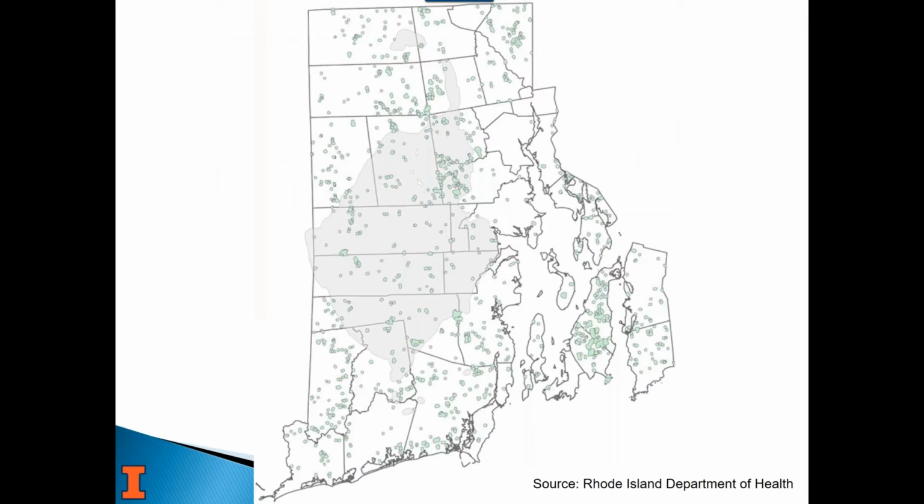And as a better example, this is Rhode Island. They've got this map that the Department of Health does, and the little dots are where there used to be orchards in the state. And they know there's arsenic contamination because until probably the 60s, a lot of pesticides used in orchards were arsenic based. And so there's a ton of soil contamination in these areas. And they're just showing you that if you're near an old orchard or an existing orchard that's been there a long time, you may want to test for arsenic because it may be there. But the real reason I want to show you this picture is because of the big splotch that's in the middle. That is where there's high beryllium.